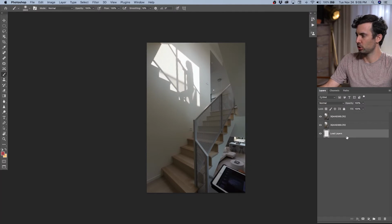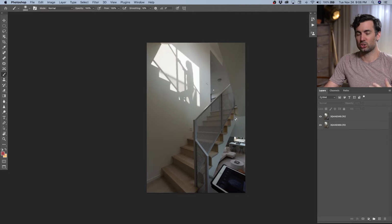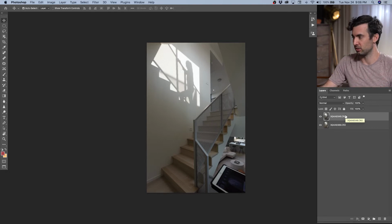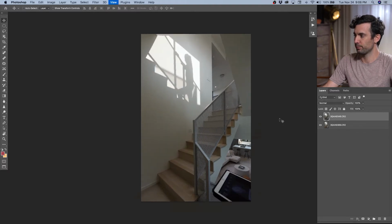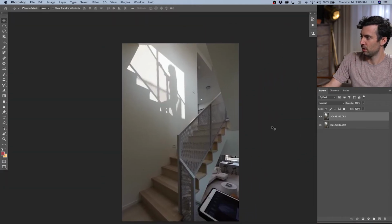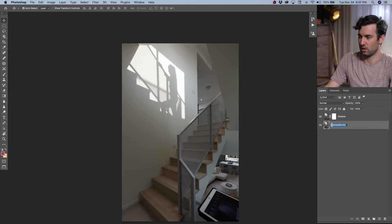Here we are in Photoshop, and I'm going to use a very similar technique. Just like in the last shot where I used a layer mask to adjust the curves or exposure, brighten, darken, add a little color, I'm going to add a layer mask to these layers. And since they are perfectly stacked thanks to the tripod, you can see even at the pixel level, there is no movement between frames. So when I add a mask to this top frame, which has our shadow in it, and the bottom frame, which is our base, I can select my mask, grab my brush, and I can paint